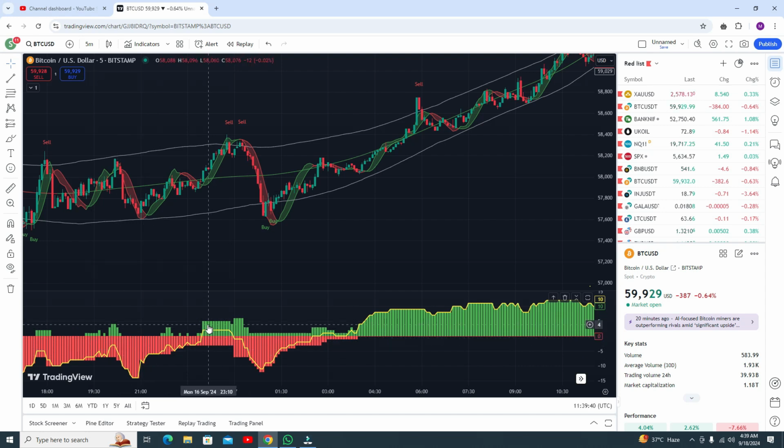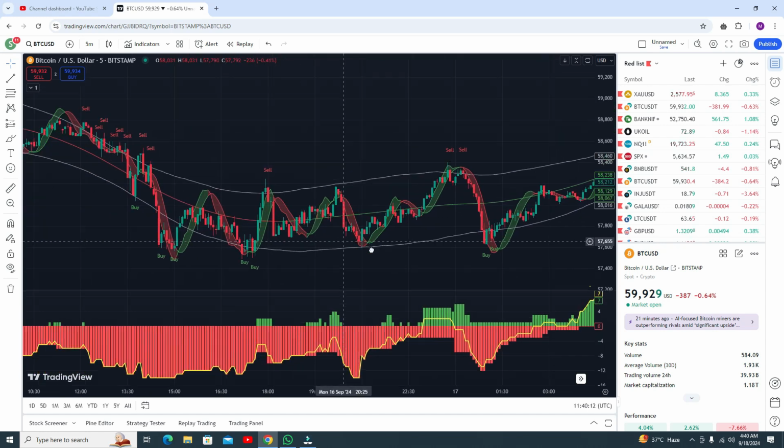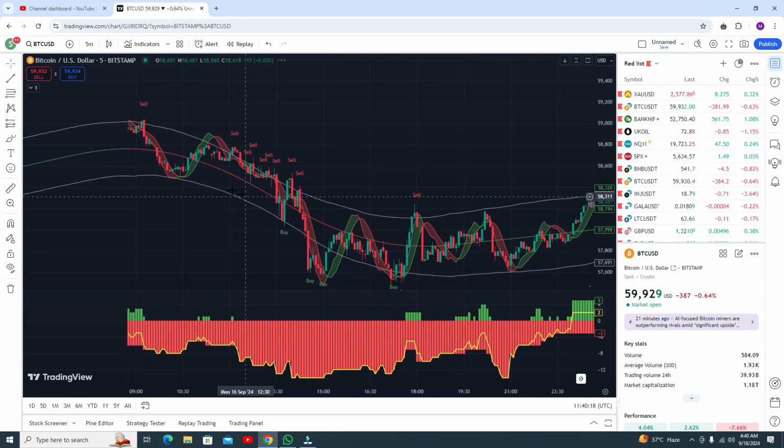In the volume indicator you can see the yellow line. When this yellow line is above the 0 point, you can see here this is the 0 point, the market is going to the upside. And when the yellow line is below the 0 point, from this point you got the sell signal, and you can see you got a profitable trade. Same thing around here. Every time you will get consistent profit.